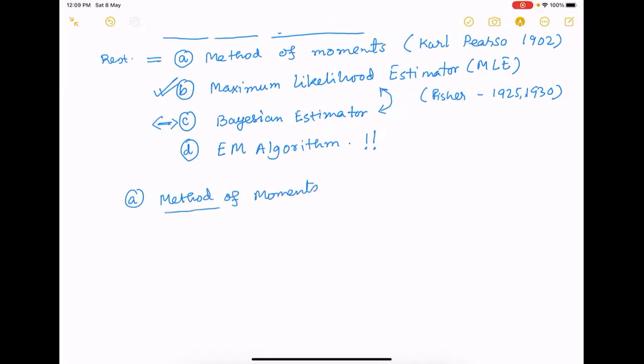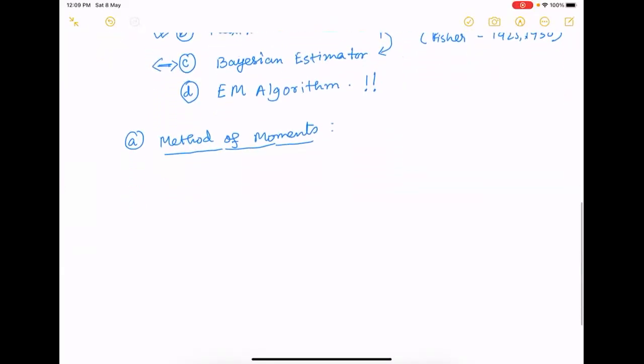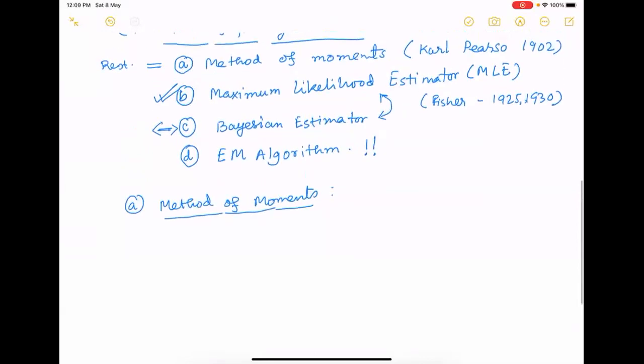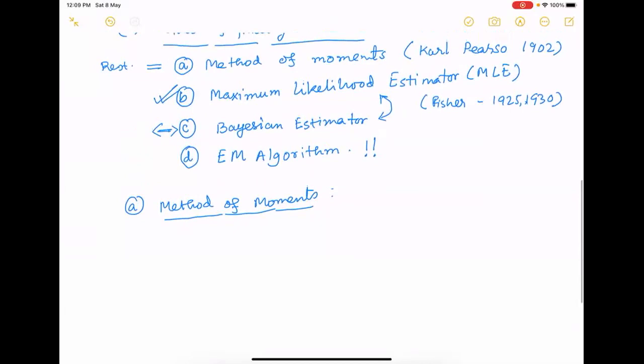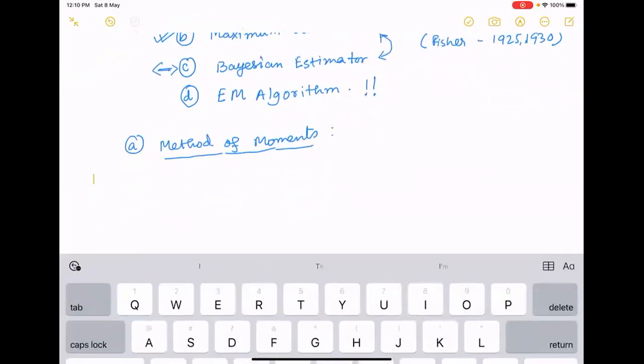I believe Professor Ramurthy earlier has covered method of moments and likelihood, right? Yes, sir. So I'll not spend much time, but I'll just talk about the method and then move on to the likelihood. I think he covered the first two, right? Or did he touch the third or fourth? No sir, he only just did the first two. Did he cover likelihood? Yes, sir. Okay, so the first two he did, and the third he did not. So I'll do the first three. Then depending on the availability of the time, I'll